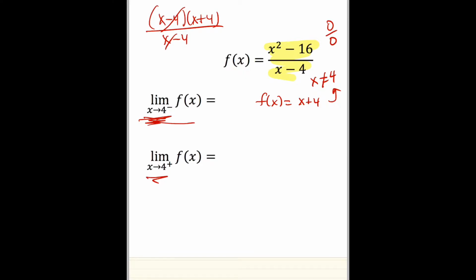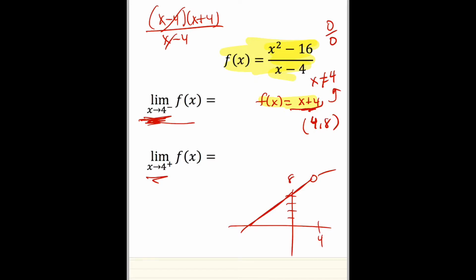What's the problem with this graph? There's a point discontinuity. Well, what's the point? Let's find out. We plug the 4 in here. When you plug in 4 in the rest of this, you get 8. In other words, this function is really a line with a y-intercept of 4 and a hole